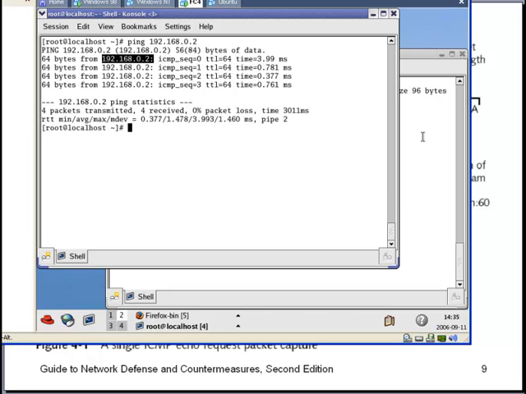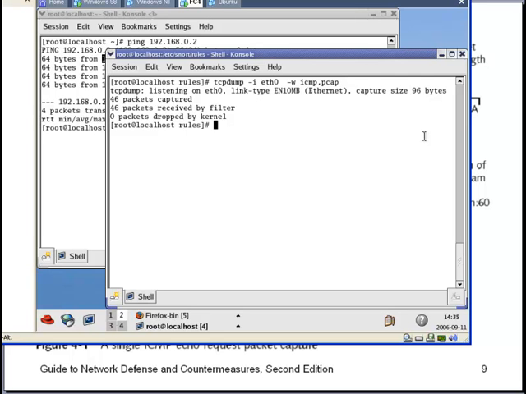Now let's go over here and take a look. Notice that we've captured 46 packets here. There were 0 dropped. This says 0 dropped by the kernel. If the packets are coming across too fast for the kernel to actually process, then packets will be dropped. So we type tcpdump read pcap,